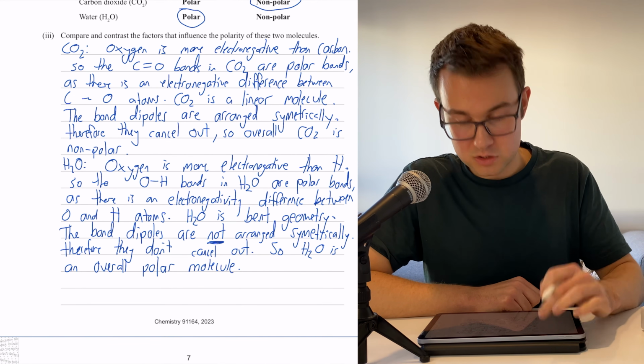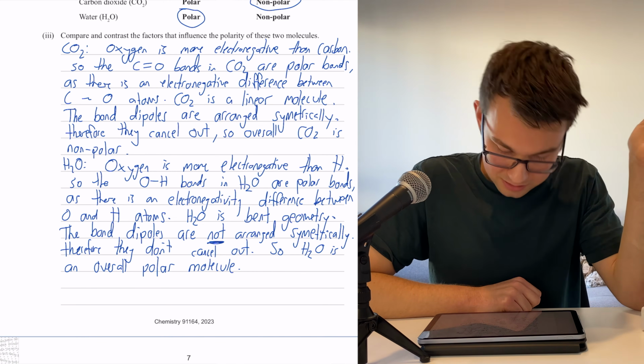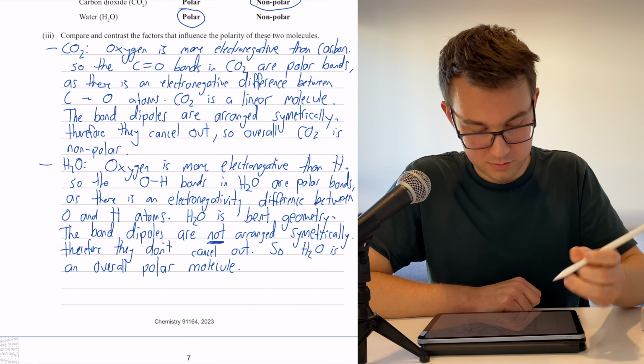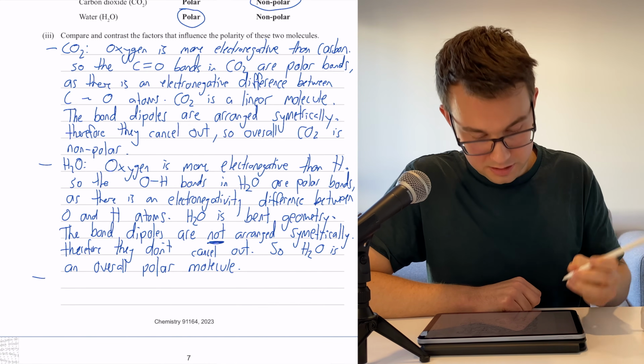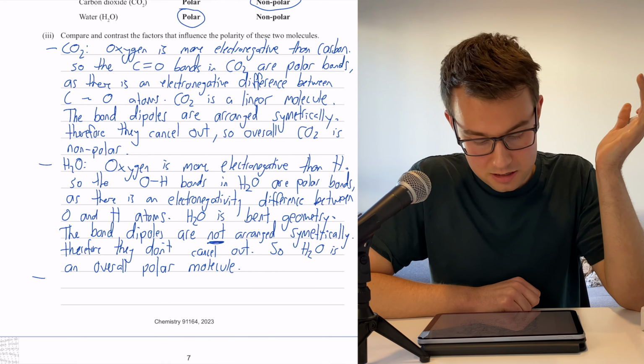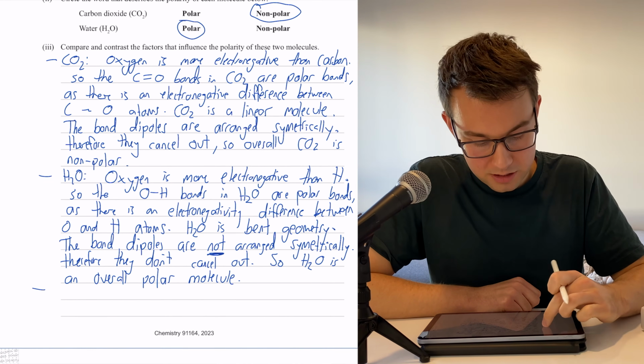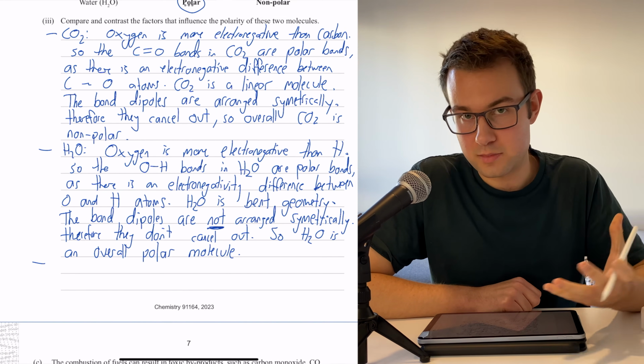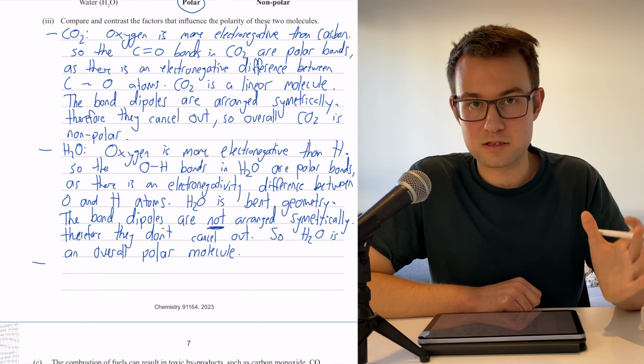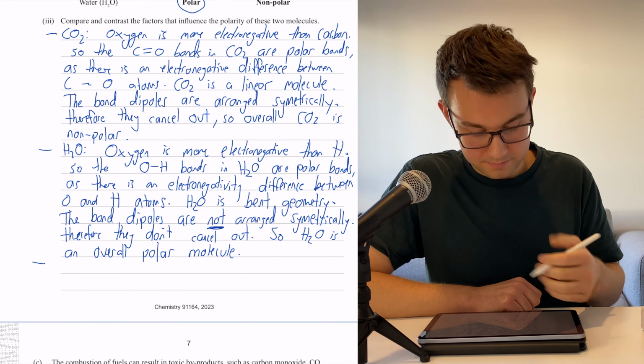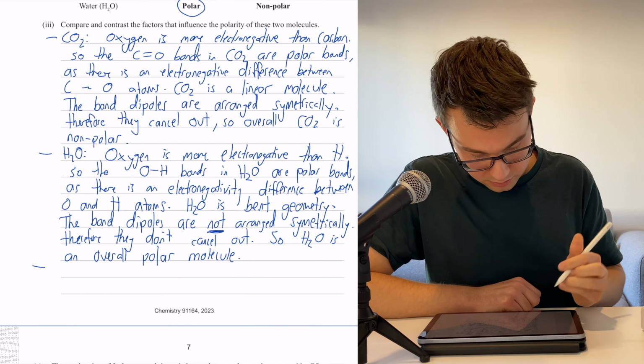Compare and contrast. You can either write both individually and then do a little compare sentence at the end, which makes more sense for explaining. But you could do one paragraph that does both of them together. But let's just put a little compare and contrast. So